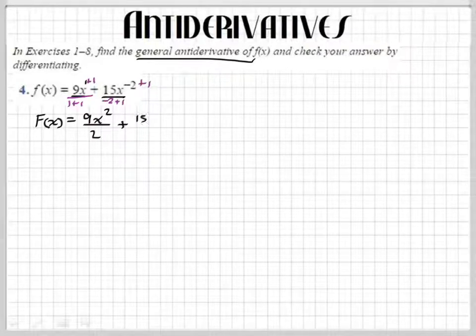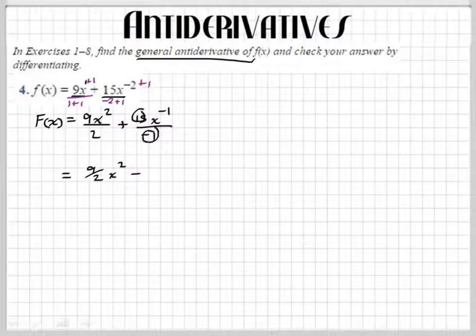So that's going to be 15x to the negative 1 over negative 1. And so our result after we do some simplifying is 9 over 2x squared, and actually that's going to be a minus